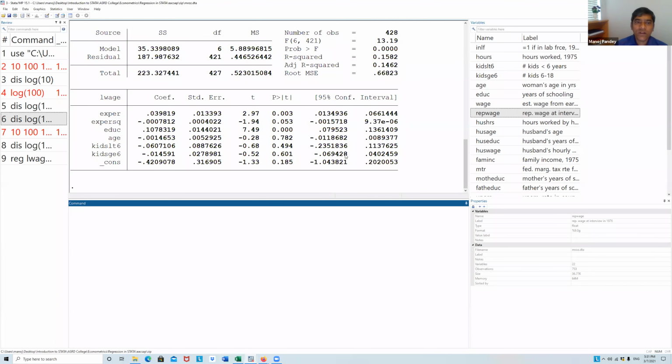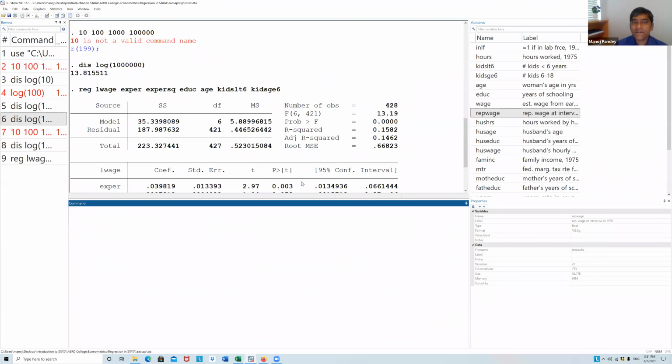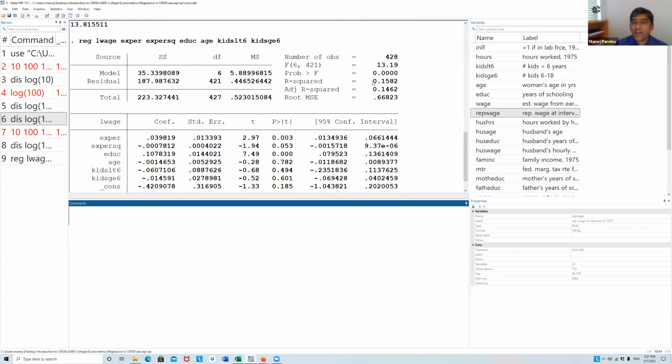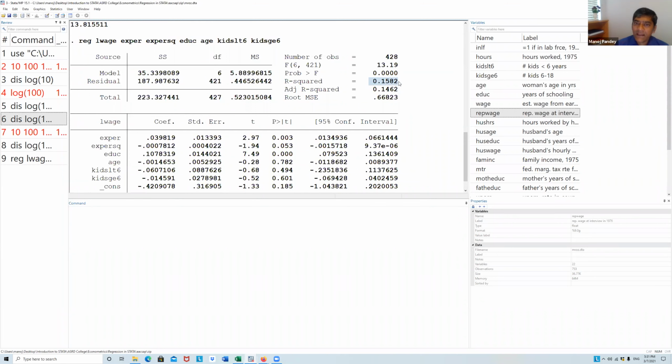So you can interpret it. I'm not going to teach you how to interpret all these numbers, but this R square is 0.1582, which gives you the degree of variation in the dependent variable due to these included explanatory variables. Then you have adjusted R square, because one property of OLS is that the more variables you add, R square will keep increasing.